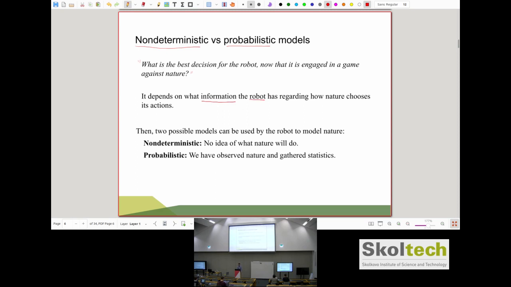And then what we see is that usually there are 2 main models, 2 main reasonings behind this. Well, reality might be very different, right? But what I mean by models is that these are the most representative models for us to play these games, or at least plan over these games. Okay? The first idea is non-deterministic. That means that you don't have any idea what nature is going to be doing, right? You don't have any idea. And it doesn't mean that this is a probabilistic approach, because there's a second, probabilistic approach that is a little more interesting,